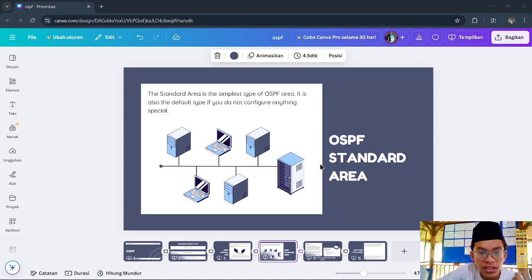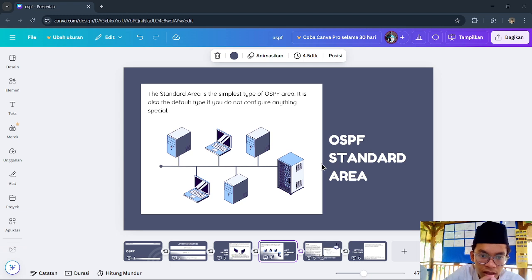First is stub area. Stub area blocks external LSA type 5. Instead of learning all external routes, it uses a single default route to reach destinations outside the OSPF domain. This reduces the number of routes inside the area. The second is totally stubby. This is Cisco specific.